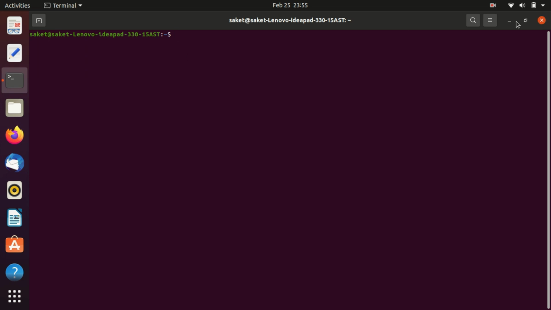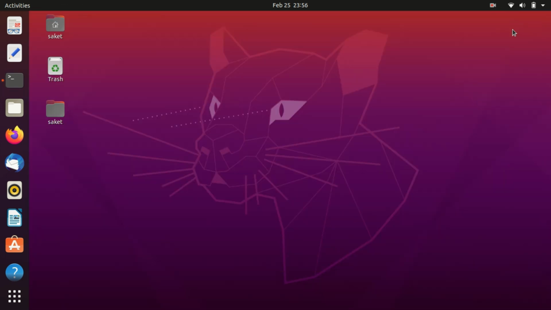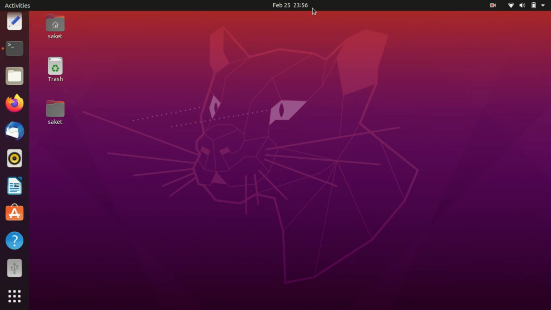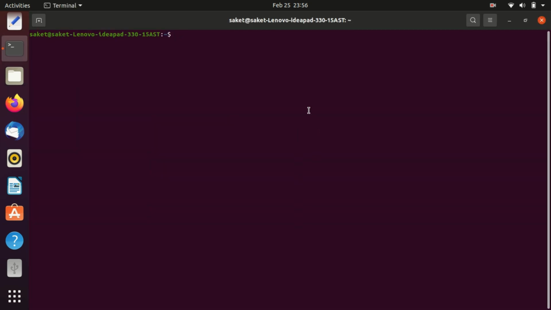First let me tell you about the graphical user interface. Whatever you are seeing on my screen, like these icons and all these things like time, the battery and the network, everything you are seeing on my screen is called GUI, which means graphical user interface. Okay, now let us start our video. So I am opening my terminal, and my first command is pwd.